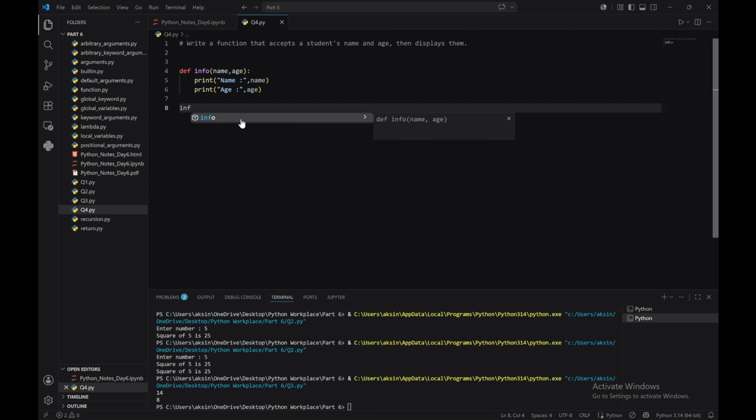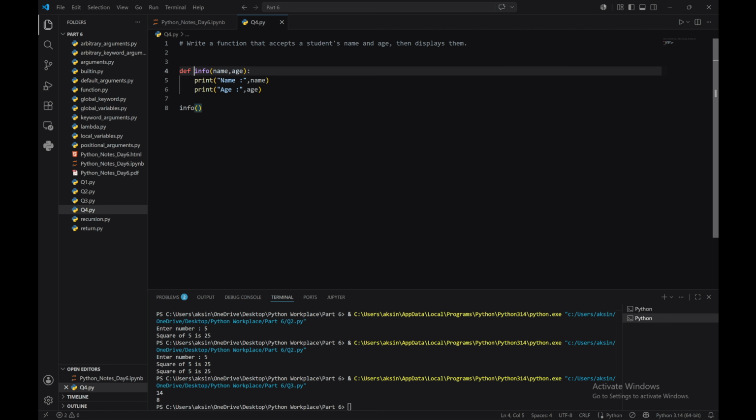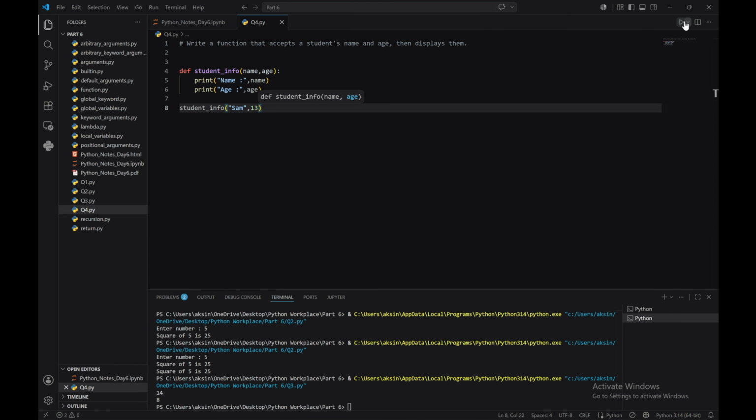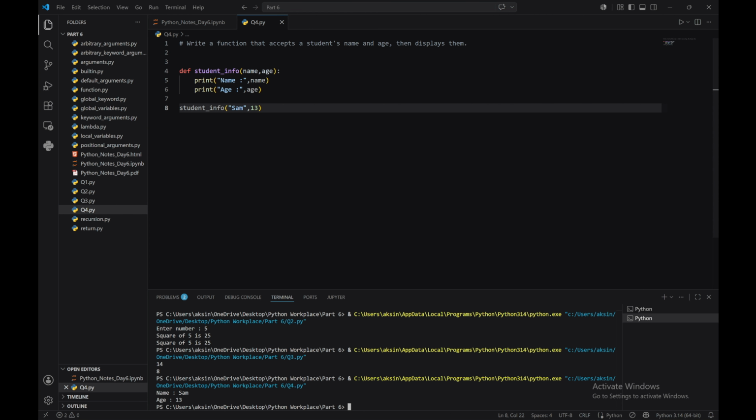We will add info, which accepts a student's name. We will give the function name as student info. As for name, we will give the name as Sam, and for age 13. As you can see, it is going to print name Sam and age 13. It will print it like this,